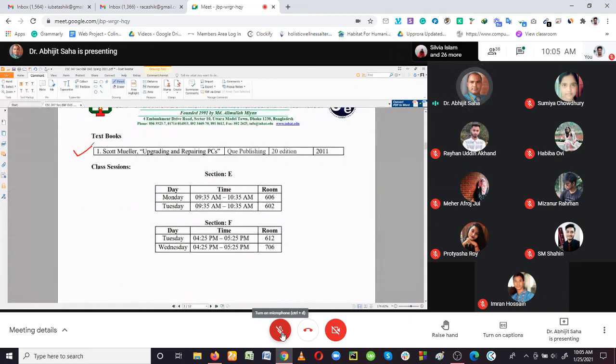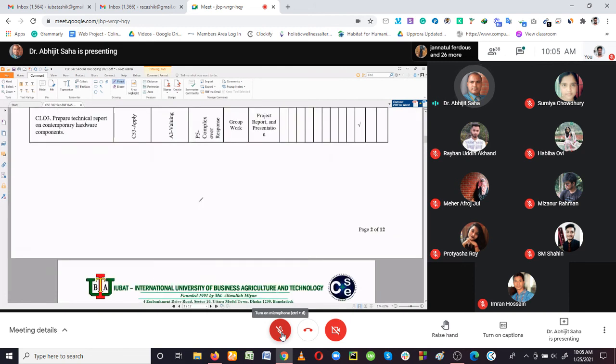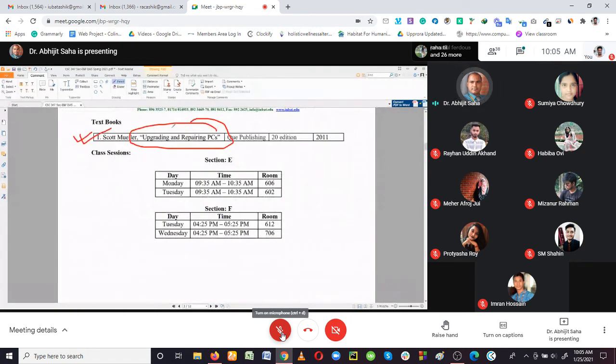And this is the book that we are going to follow. The soft copy of the book is going to be shared in the Facebook group, Upgrading and Repairing PCs. But basically, for each topic of this course, I will try to give you lecture notes. Lecture notes means not just the slides' hard copy; beside that you are going to get a detailed lecture note. That is going to be useful for you to study the different things from a lecture. But this is our textbook, and we are going to keep it with us. I'm going to upload the soft copy of this book.